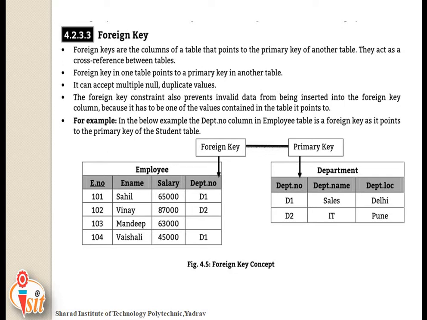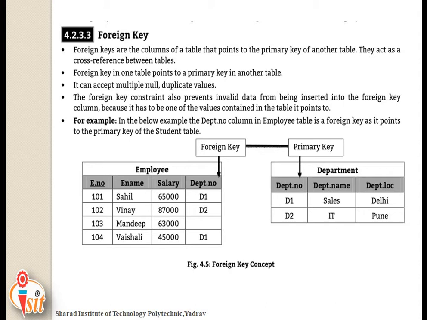Here remember one thing, if you want to know foreign key, then you have to know the concept of primary key. Now what is primary key? The attribute, that is column or combination of attributes which uniquely identifies each tuple, that is row of a table, is called a primary key.